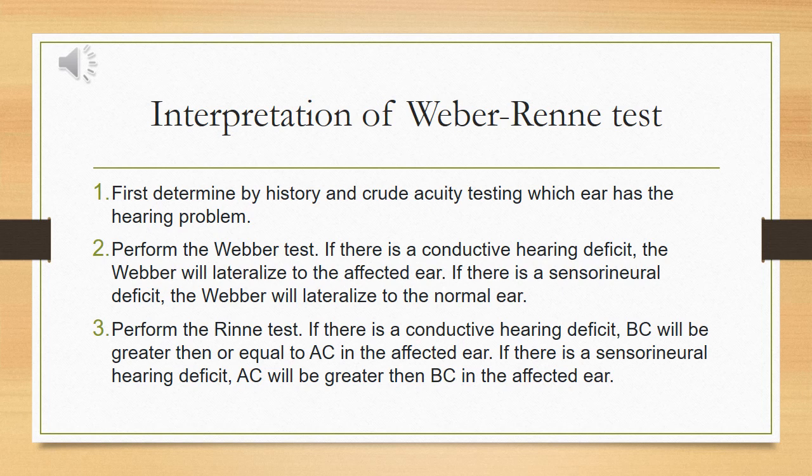If there is a conductive deficit, bone conduction, which is done while the fork is on the mastoid bony prominence, will be greater than or equal to the air conduction in the affected ear. If there is a sensorineural hearing deficit, the air conduction would be greater than the bone conduction in the affected ear. It might seem a little bit complicated, but if you try to understand the Weber-Rinne tests, you will never